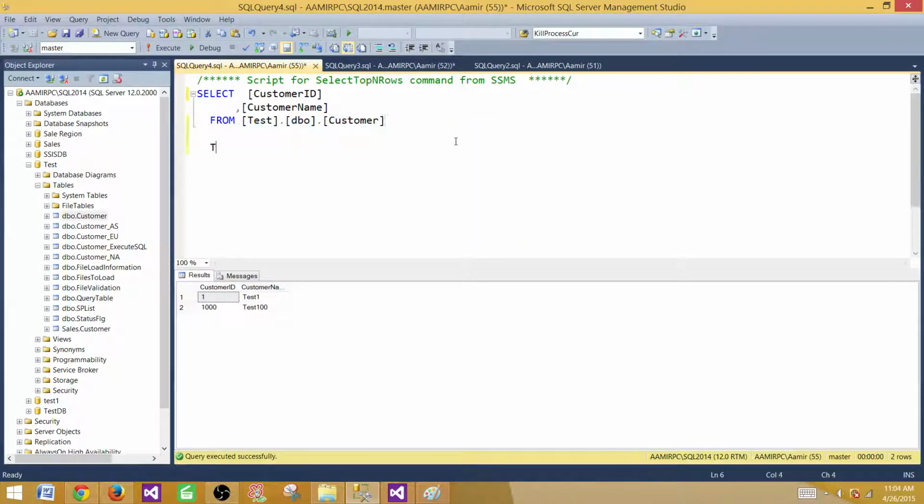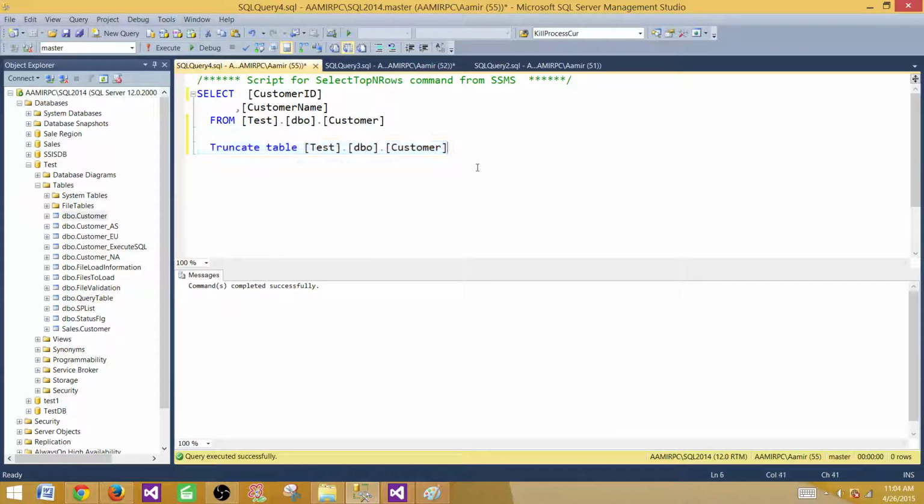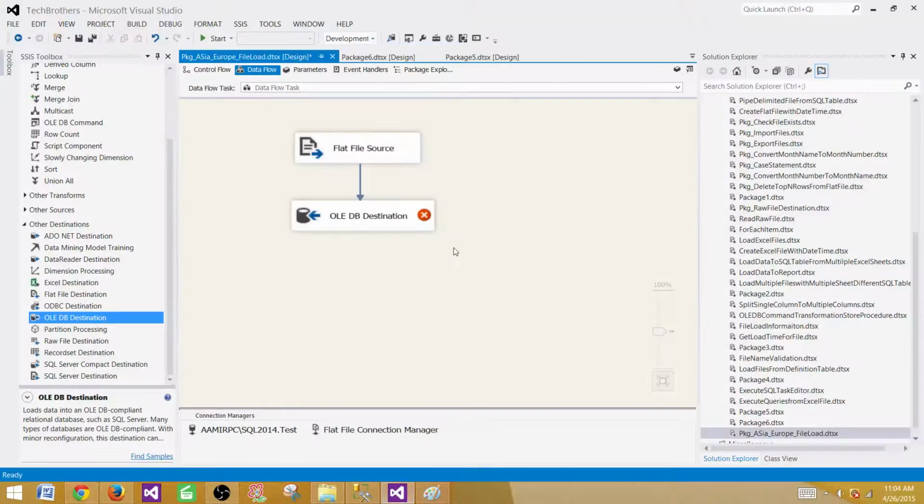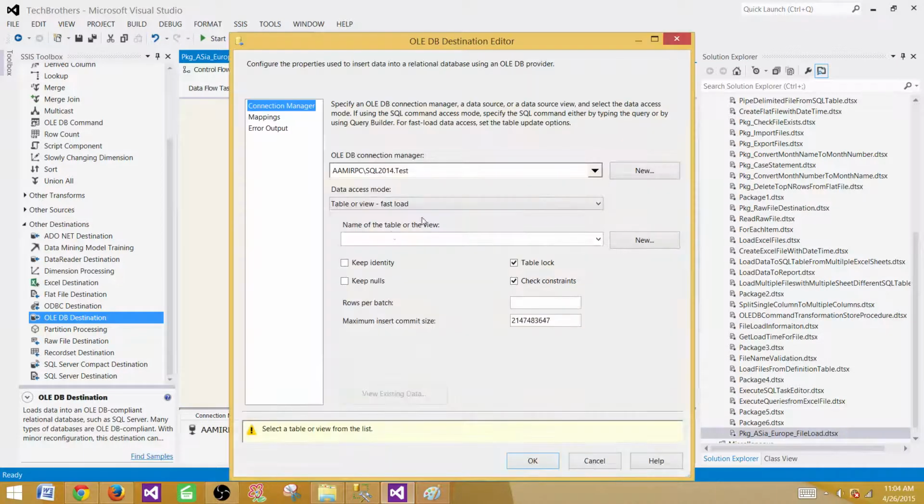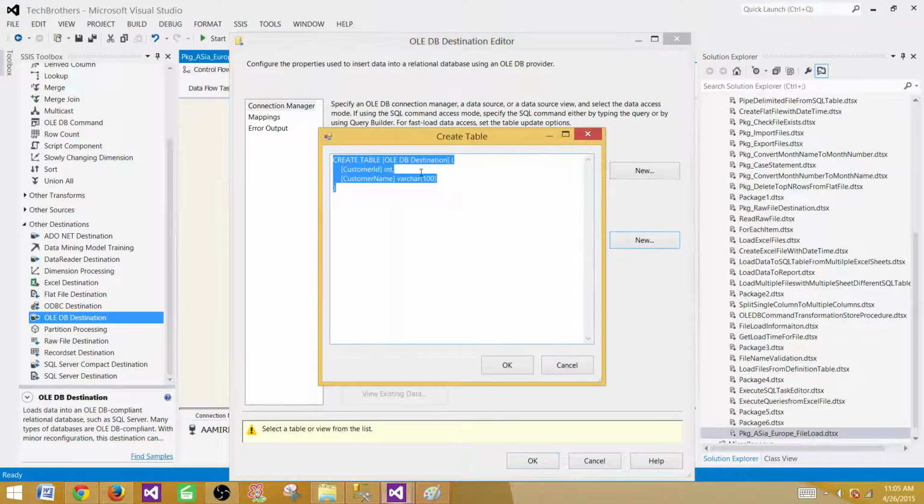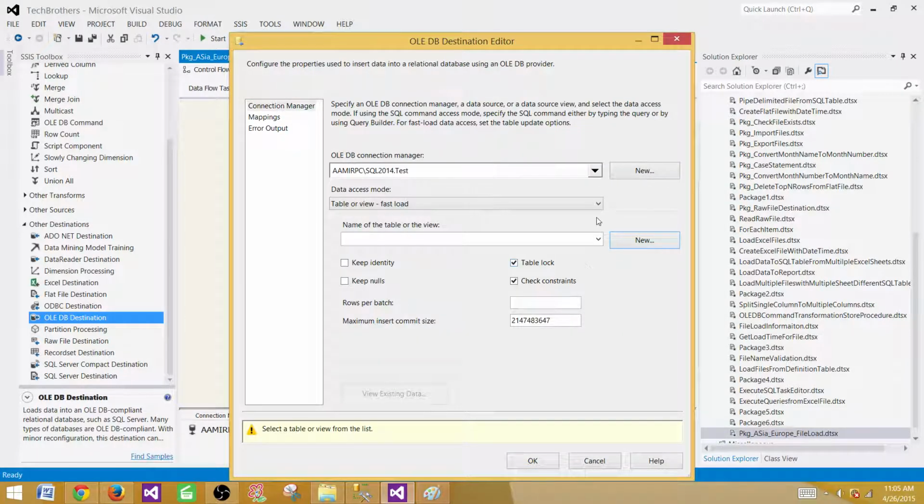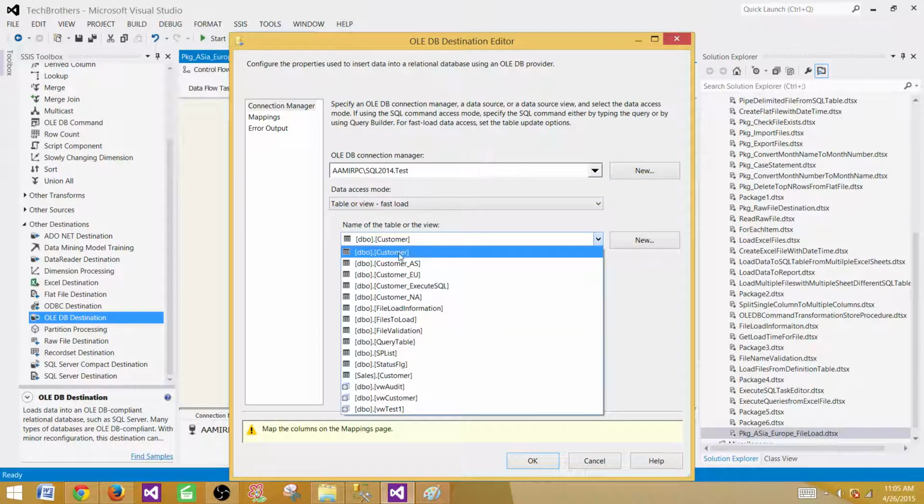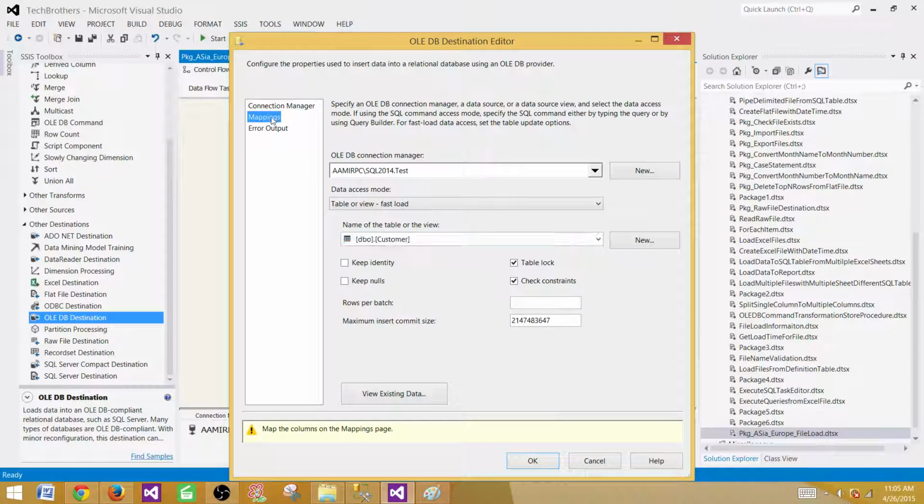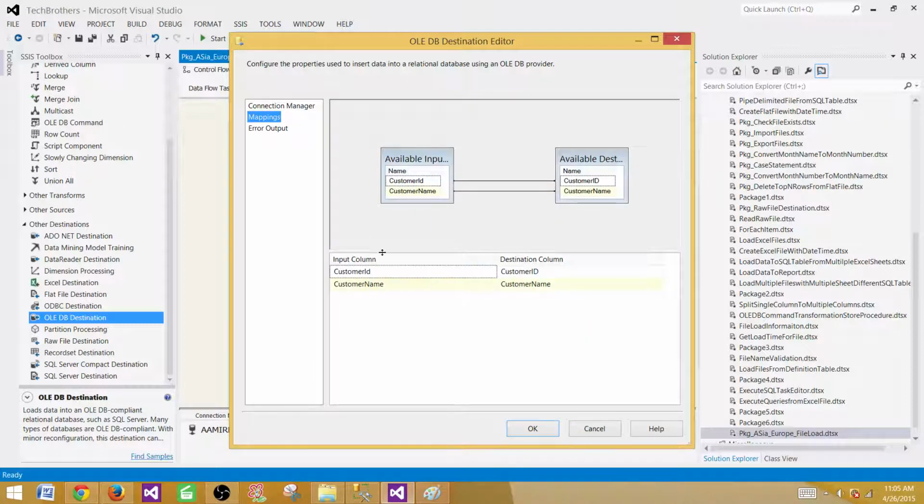Let's truncate so we would know what we are doing, and we will be using the same table to load multiple files from different folders in this package. Sorry, instead of saying new, the connection is there, so I should just use the drop down and select dbo.customer. Map the columns. The columns are mapped automatically because they have the same name on the input side and